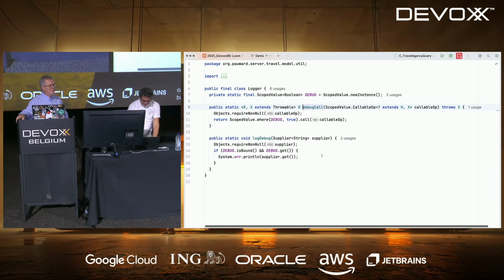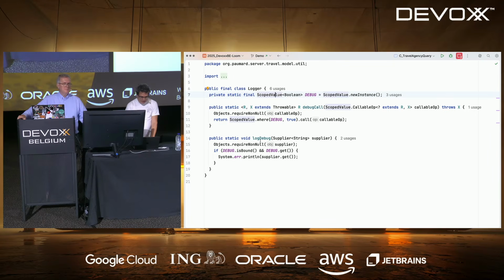Let's take a look. We have a scope value here, which is a scope value of Boolean. And so basically, when I read it, I will take a look if the value is bound or not.